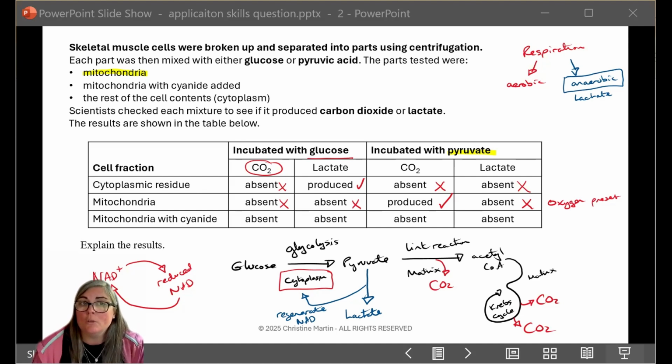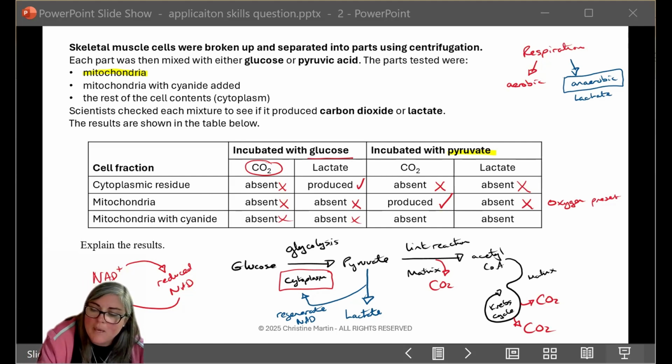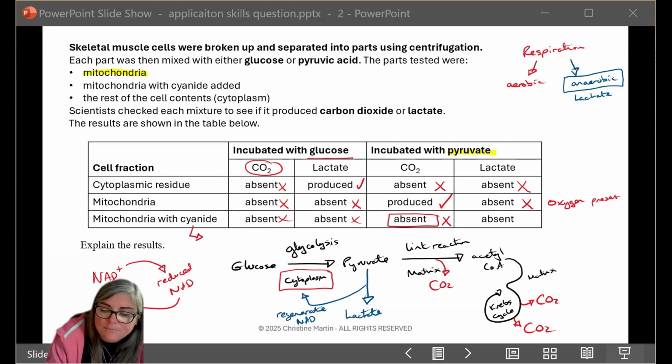So let's look at the mitochondria with the cyanide then. So mitochondria with cyanide, we can see with the glucose, just like with the mitochondria on its own, is exactly the same. So with the cyanide, it doesn't change anything because we're wanting to see what's happening in the mitochondria. So if we compare the mitochondria with cyanide, what we can see is the big difference is that carbon dioxide is not being produced. And the reason the carbon dioxide is not being produced, even though the mitochondria is being exposed to pyruvate, is the cyanide must be inhibiting